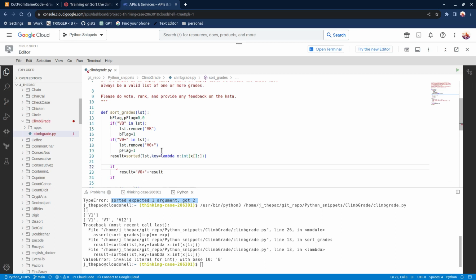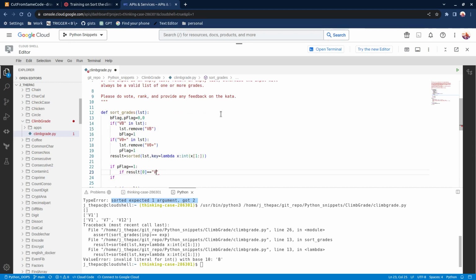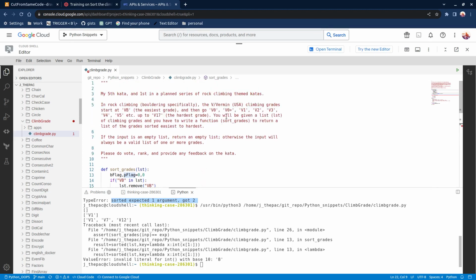If P flag is equal to 1, then if result of 0 is equal to VB, zero is equal to V of 0, okay, so P flag, plus flag, V of 0 is equal to 0,